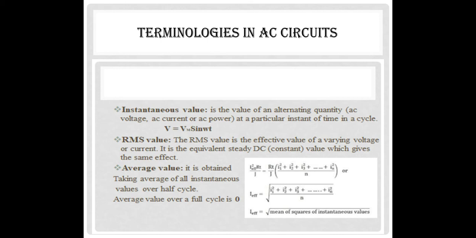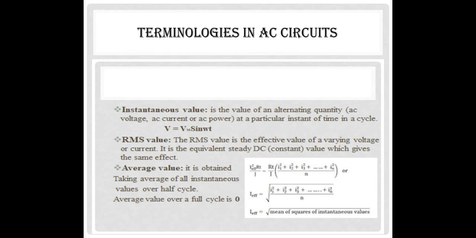And next we are going to discuss an important value called the RMS value, which is root mean square value. The root mean square value is the value of the steady current which would produce the same heat in a given resistance and in a given time, right. That is called the RMS value. There are two methods of calculating RMS value. One is the analytical method and another is the graphical method, right?